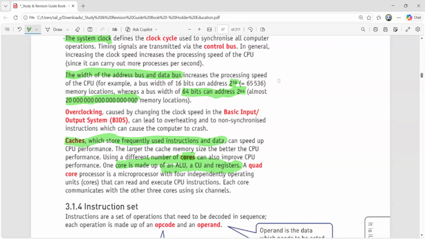So definitely from a normal core, if you're moving it to a dual core, you are assuming that at least the speed will be improved, although not entirely, it will not be doubled. Same case goes for a quad core also. Although we are assuming that if it's 4 cores, then it will be working like 4 times, but that will not be the actual case. Something less is going to be there, but that is substantial enough to help in improving the system performance.